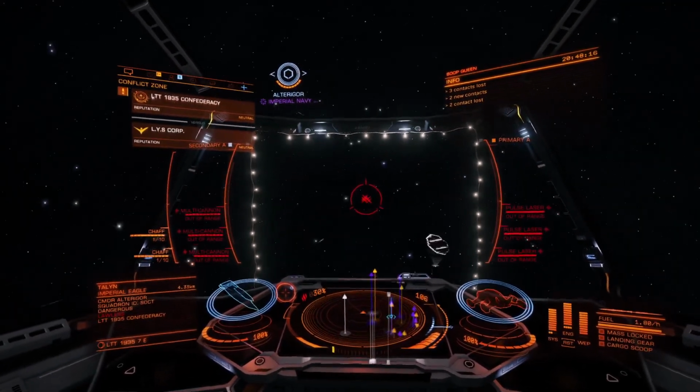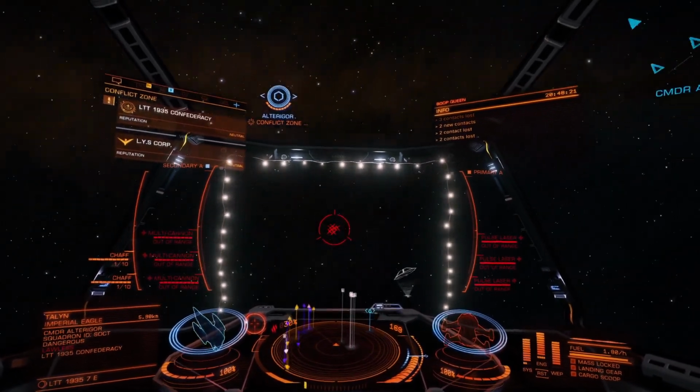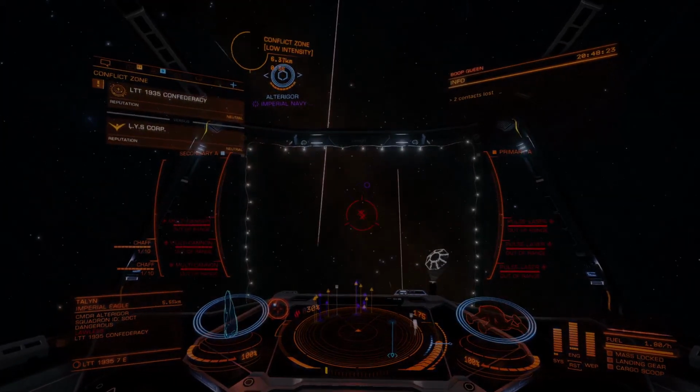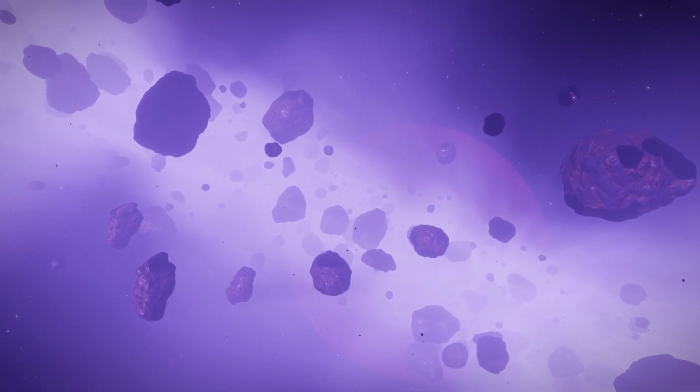Check your local mission board to see if anything stands out. There are even wing missions where you can team up with a group of friends to complete the tasks together and share the rewards. These are just some of the most basic Elite Dangerous careers and activities you can expect